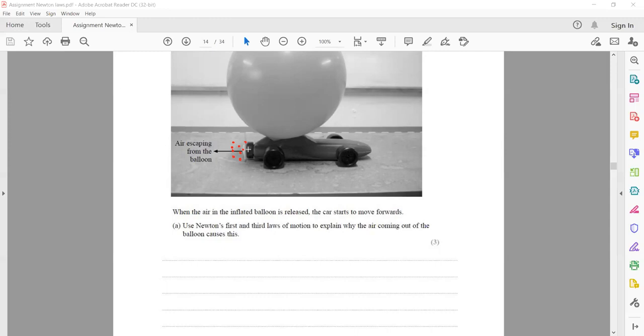So there will be a force by the air molecules on the car. And when we consider the car, if the resultant force is zero, the car will remain at rest. But because there is a resultant force which is not zero, the car will start to move, or it will start to accelerate. So the points which we will use to answer this: